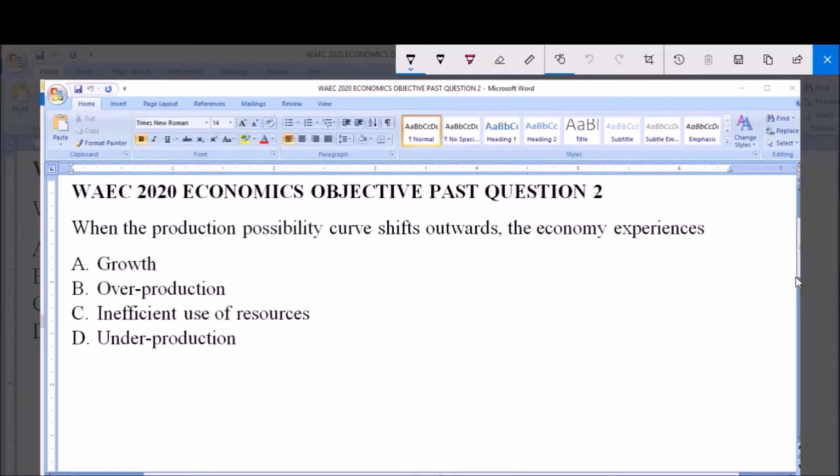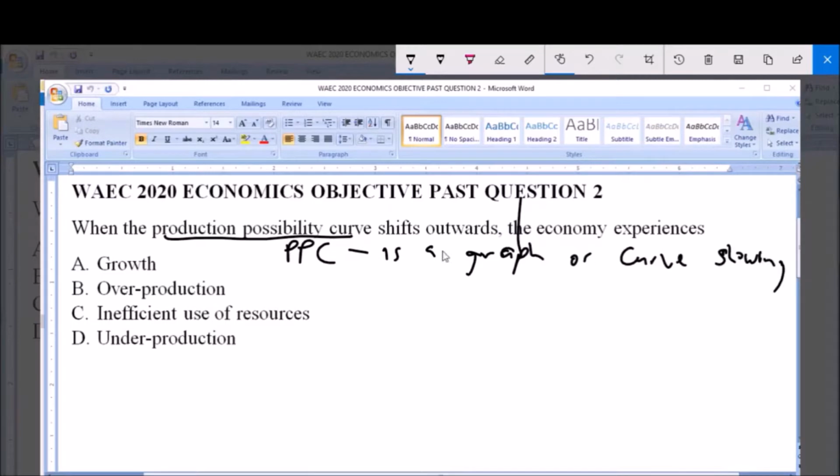When the production possibility curve shifts outwards, the economy experiences A. Growth, B. Overproduction, C. Inefficient use of resources, D. Underproduction. Now, a production possibility curve, abbreviated as PPC, is a graph, or a curve